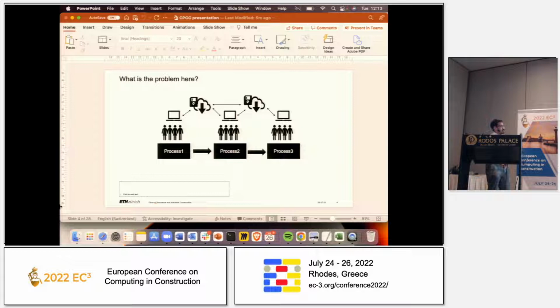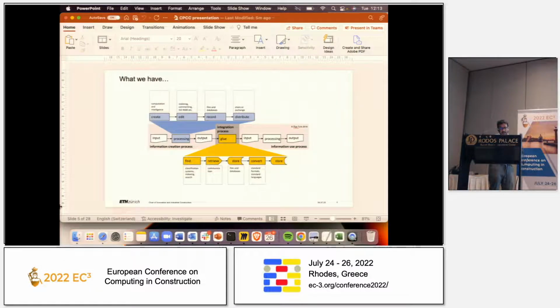The problem here is everybody works with their own data, they put it in, they don't put the assumptions, and there's no golden thread of information between these processes to understand what is happening. Every time, we create an input, we process it, we create an output from that processing, then we put it out there. Ideally, it should be the input to the next process, but there would be a process of find, retrieve, store, convert, and restore to actually create it as an input to the next process. And in between, we are losing a lot of information and opportunity to